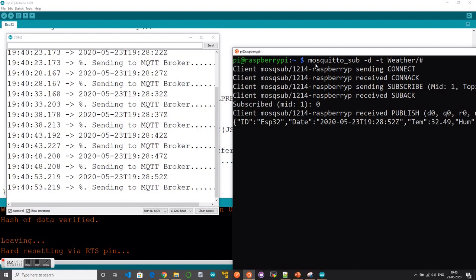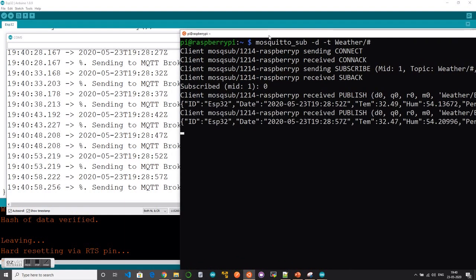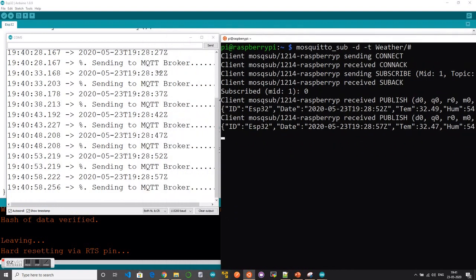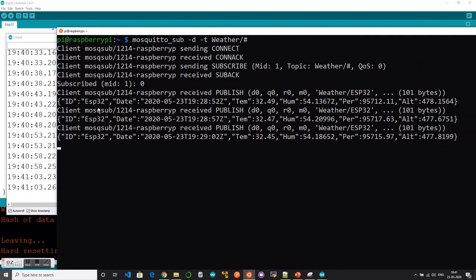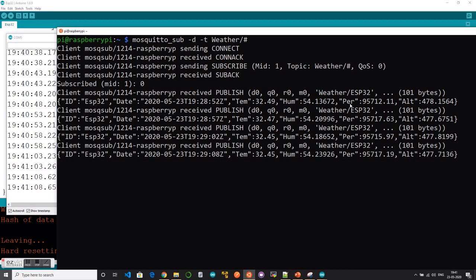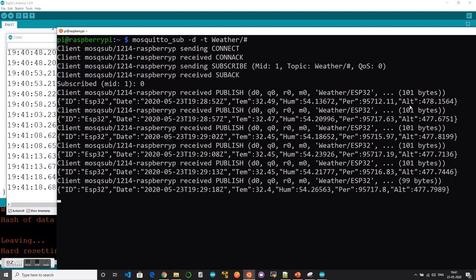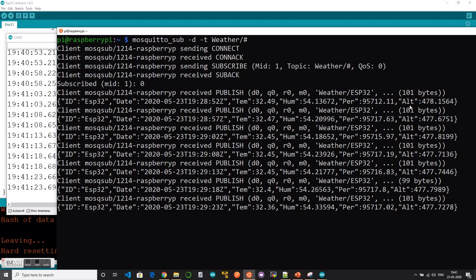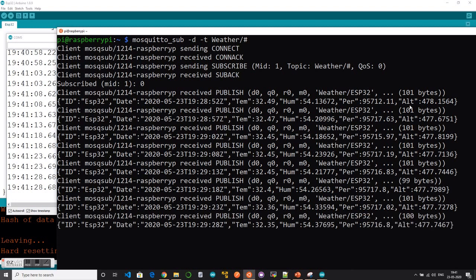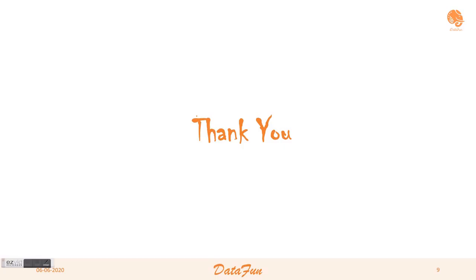I'll be using 2 to 3 ESP32 devices publishing with different IDs. You can see the ID is getting published: ESP32 is the ID, and the date, temperature, pressure, and everything is getting published. So this is the final thing: how your ESP32 is publishing to the IoT gateway. You can see I'm continuously getting data every 5 seconds from the field device. I have finished part one. Part two we'll see